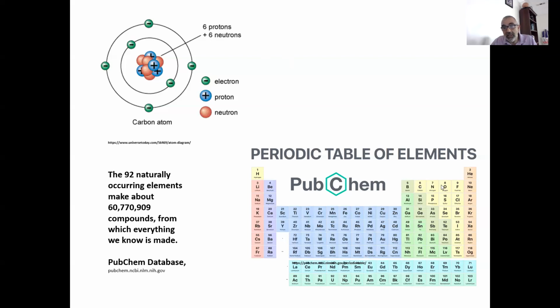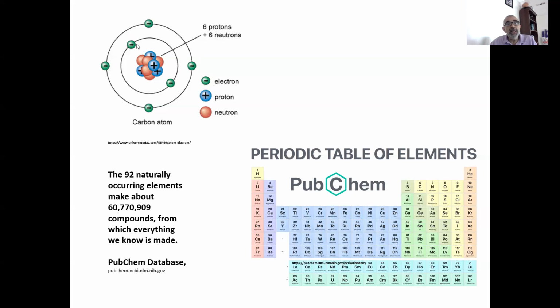But carbon, this number 6 here refers to the 6 protons. Oxygen, you see, has a number 8. So oxygen has 8 protons, and that's what makes it oxygen. So each of the different elements is distinguished from the other elements by the number of protons, and it is the number of protons that determines the identity of the elements. And the number of protons determine the number of electrons.